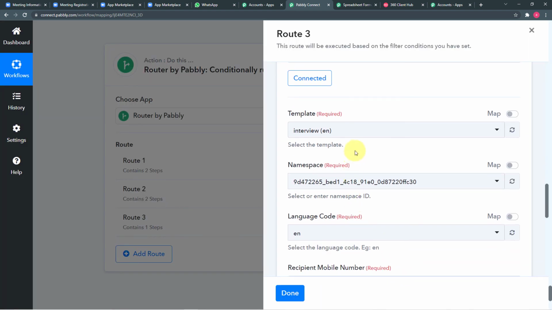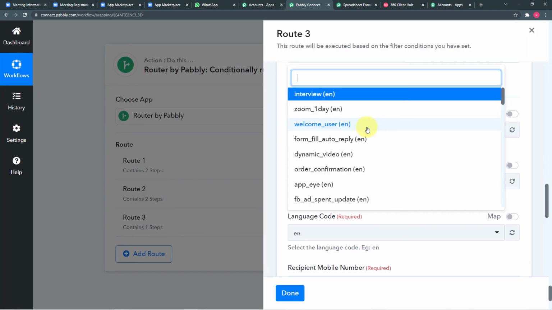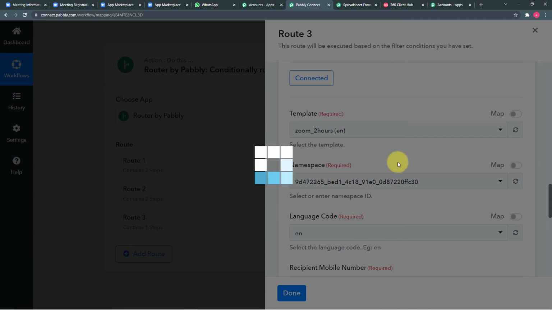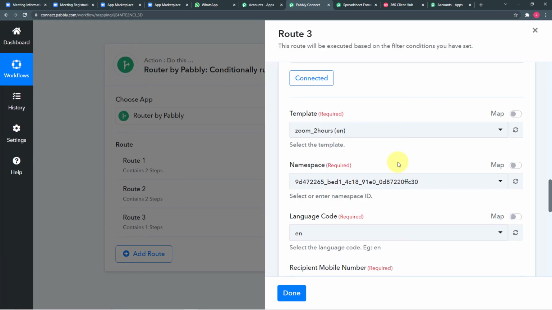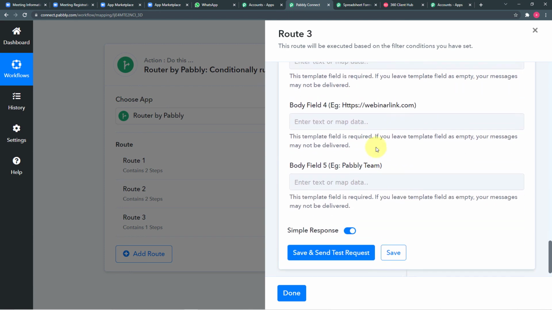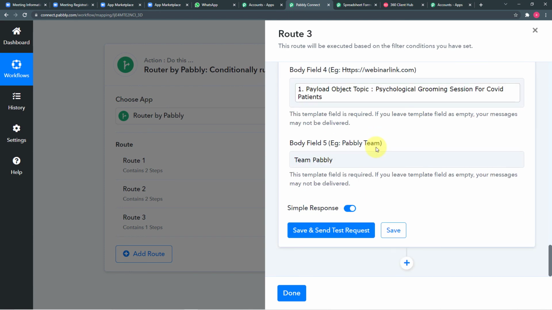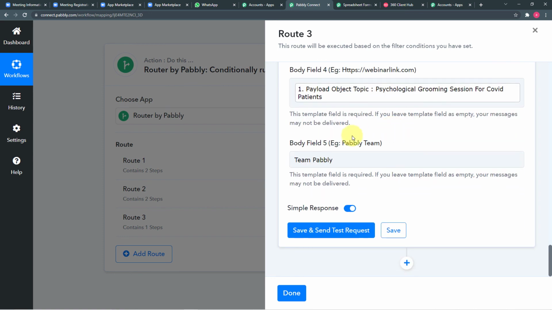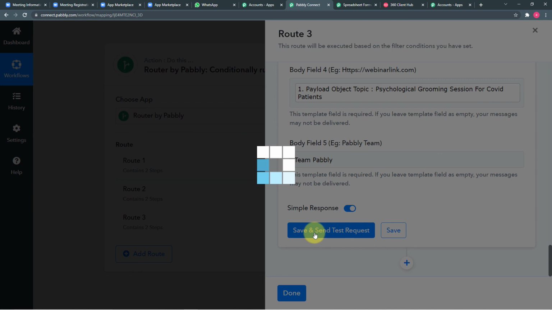And in this template field, I am going to select the template which I have made to send the messages 2 hours before as a reminder. Okay, so I'm selecting that template here. And now let me fill these body fields here to send messages on WhatsApp. So I have filled all other body fields also like this. Now let me click here on save and send test request,